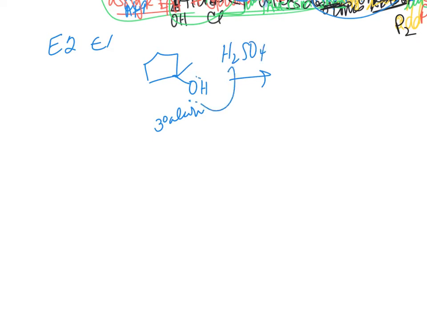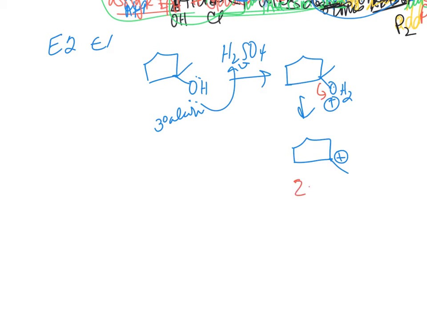OH is a horrible leaving group, but it gets protonated. Okay, that makes it an excellent leaving group. It will just leave, and then you get a carbocation, which is the unimolecular intermediate,